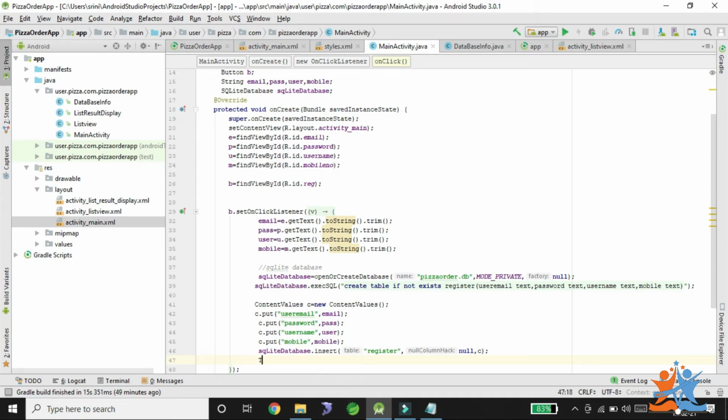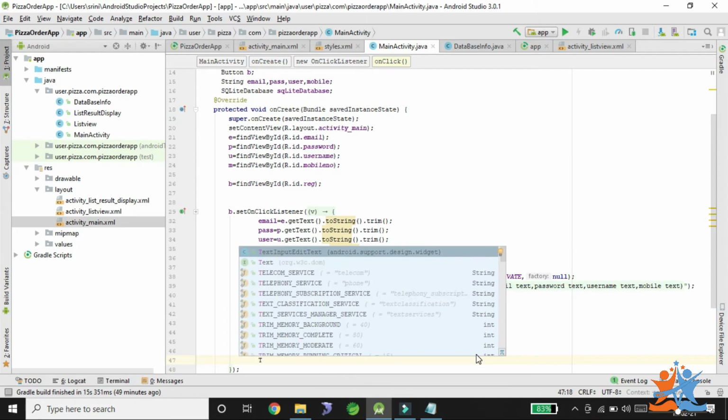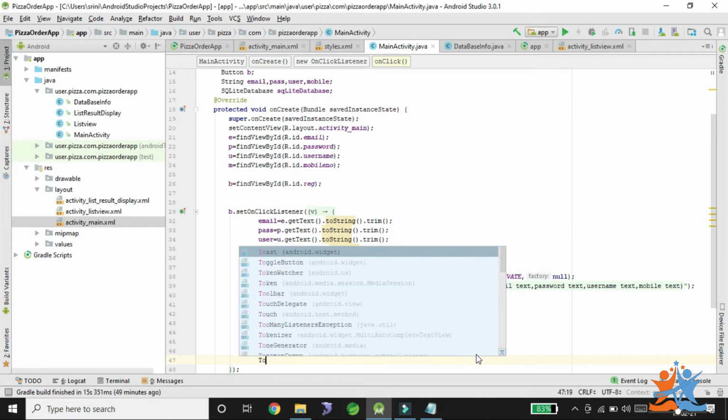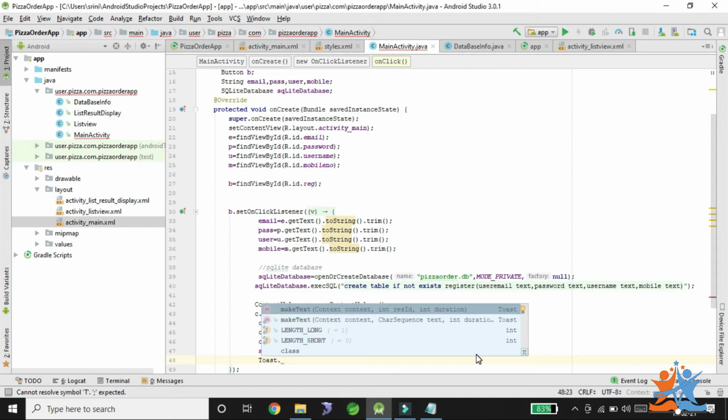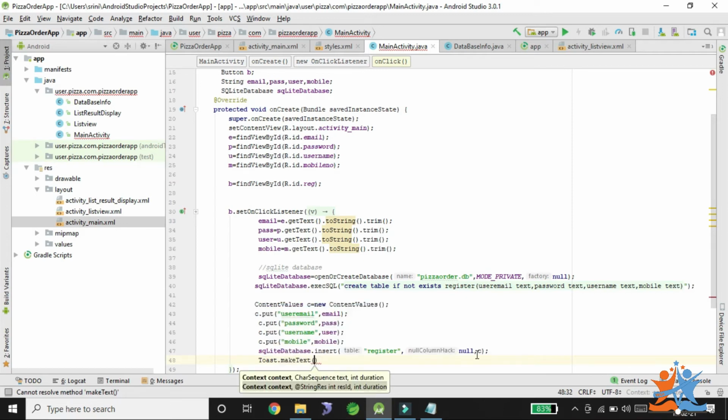If you want to get any notification type of information, for example pop-up information, we need to use toast. Toast dot make text, toast dot make text context. Here the context we need to take, what is the current class? Main activity dot this.